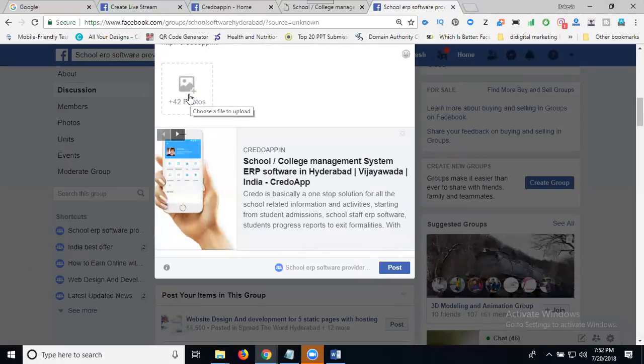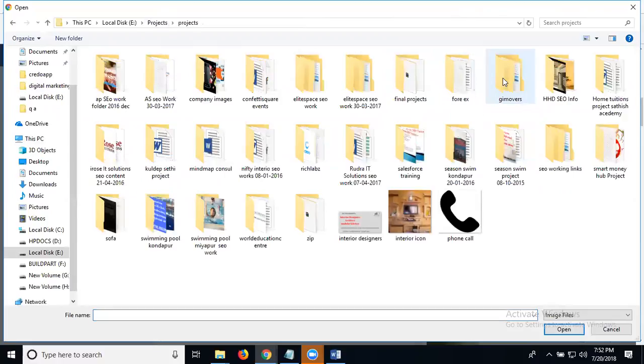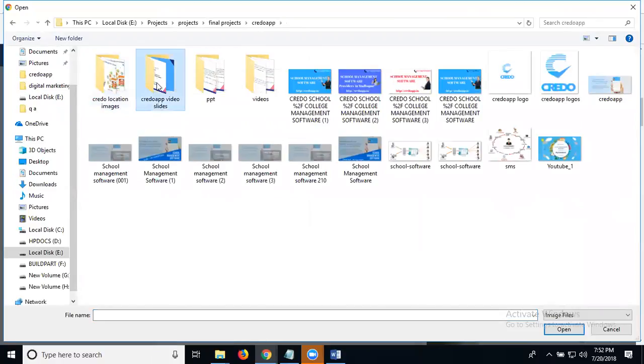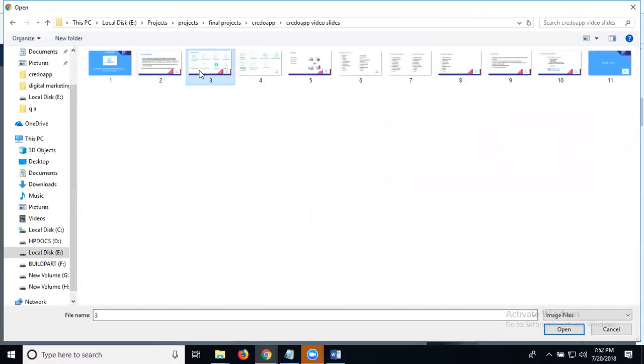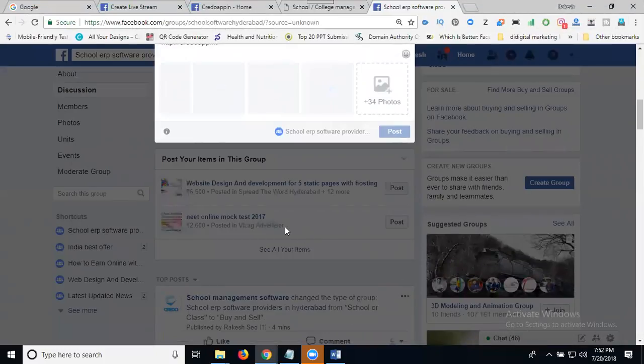Now click, how many images can we add? 42 images. Now click, select images on your desktop. Select here. Go to the specific one. Just select it. You can add it here. Select it. See, if the website link fetch is not adding, we can add your photographs. How many photos can we add? 42 photographs.